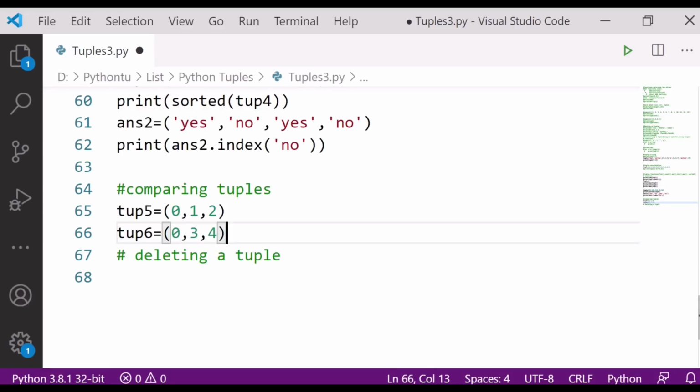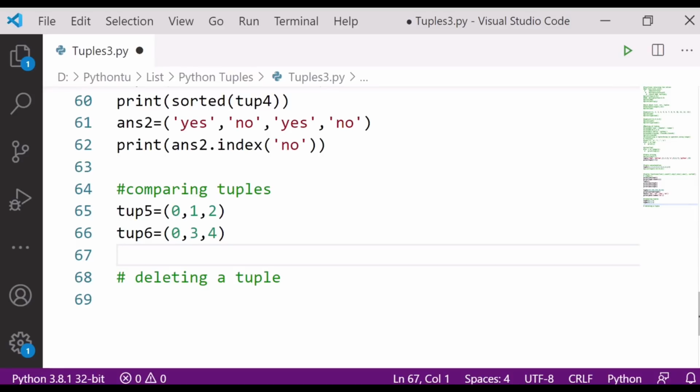Now what do I want to compare? When we compare two tuples using the comparison operators, the comparison starts by comparing the first element from each sequence. If they are equal, it goes on to the next element and so on until it finds a different element.